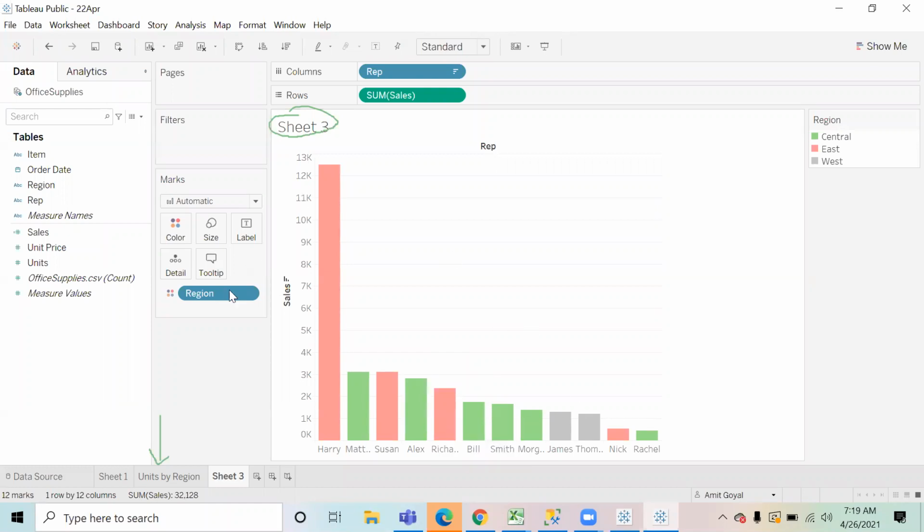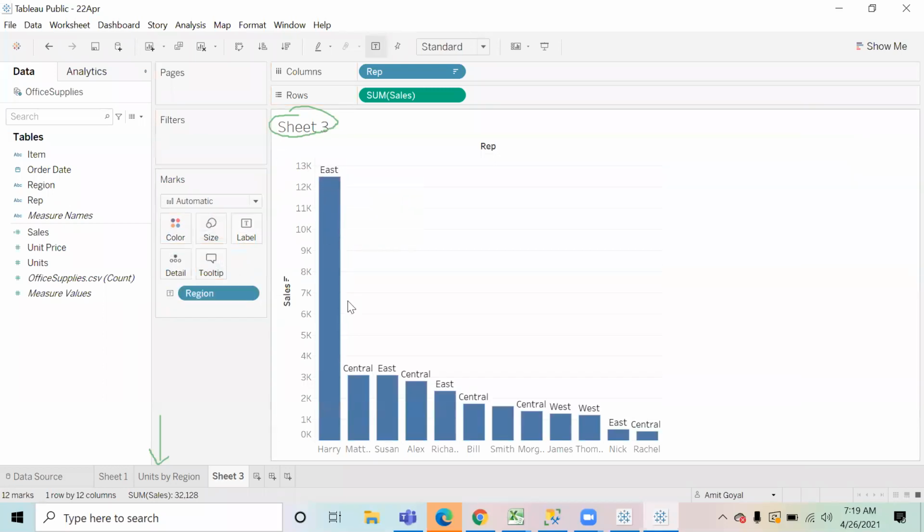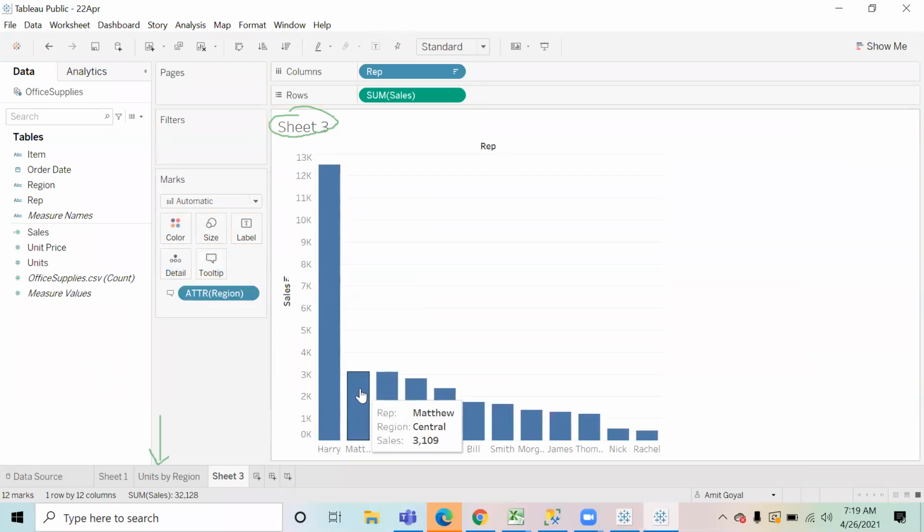Did you try it? If you put it on the label, the region names will come at the labels over here at the top. If I put it in the tooltip, they will come in the tooltip now.